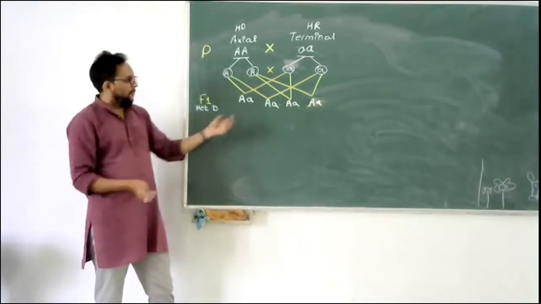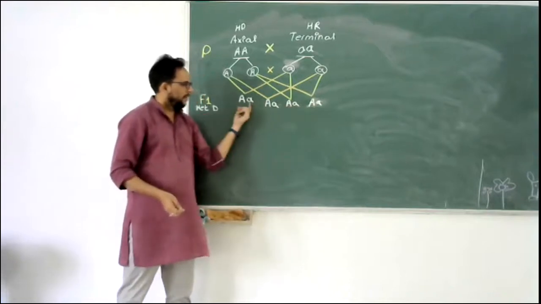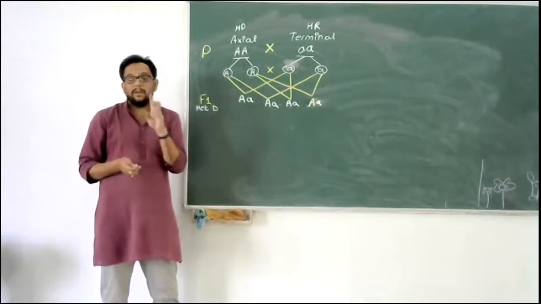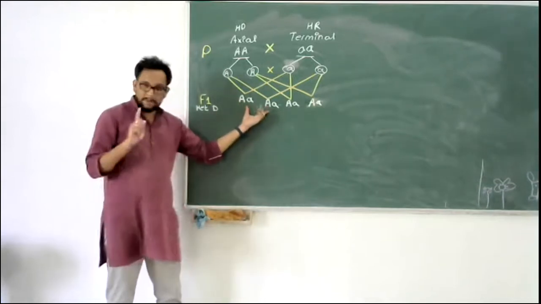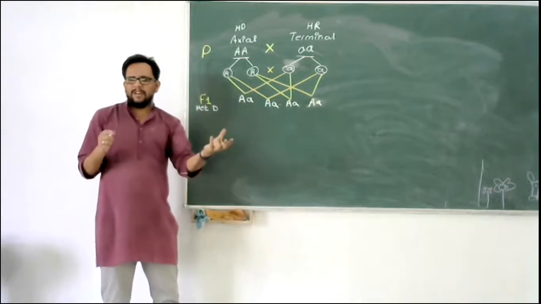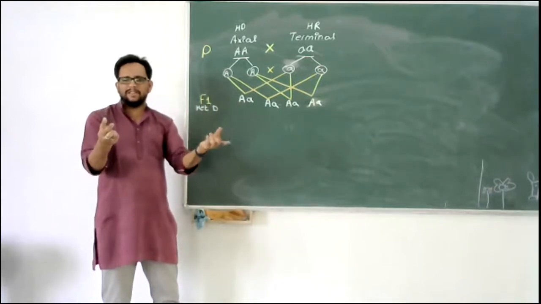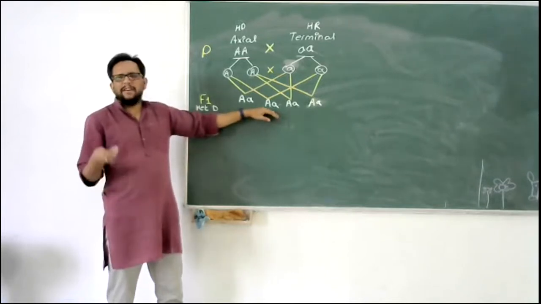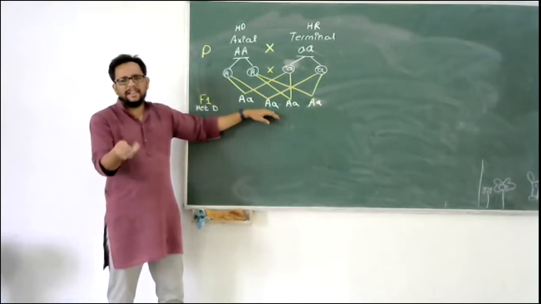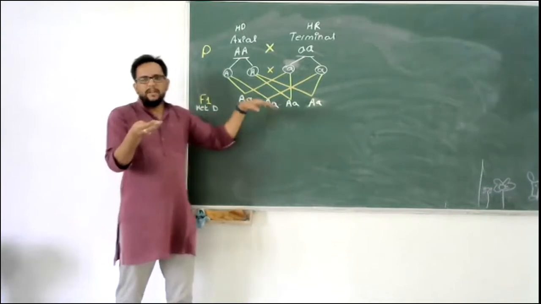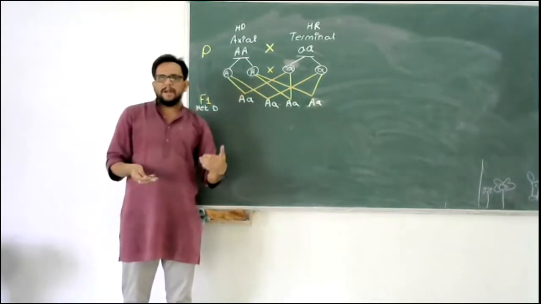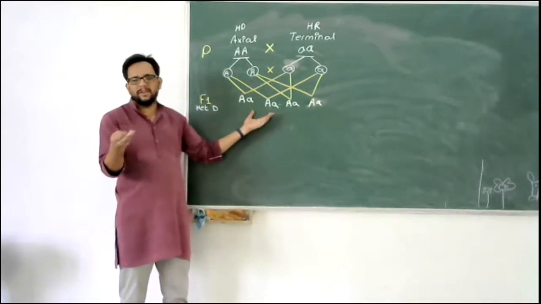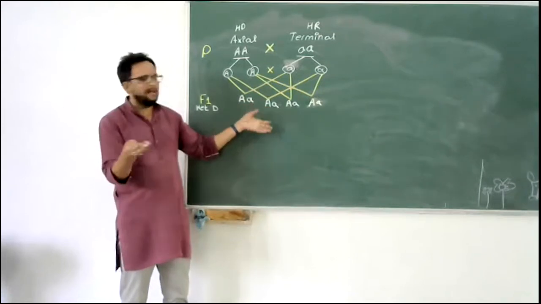Now, if in this F1 generation you do a brother-sister cross, which refers to one particular generation where there will be certain males and certain females, and you cross them, or in case of plants, what we call self-pollination, because the male gamete is of the same plant and the female gamete is also of the same plant. So that is what a brother-sister cross in plants is, that is self-pollination.